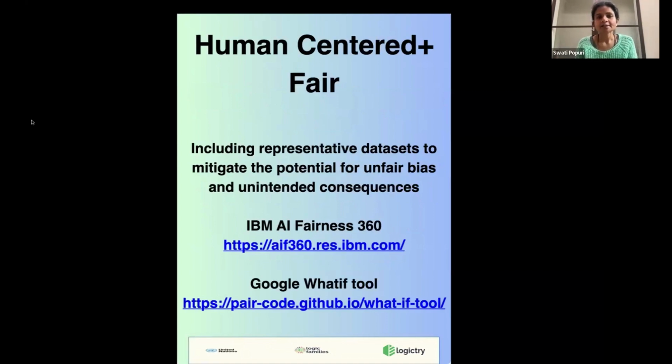The first foundational pillar is human-centered and fair. So before I dive into the content on the slide, let's briefly talk about what is fairness. But before we even try to understand what is fairness in terms of an algorithmic model, I would like to introduce the concept of protected attributes. Certain attributes such as age, race, gender, sexual identity are deemed as protected by the law, and we can never discriminate against any individual based on the protected attributes.